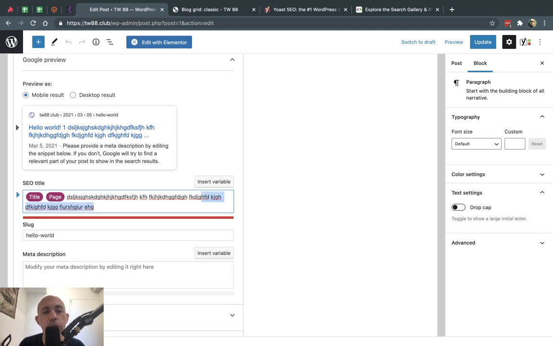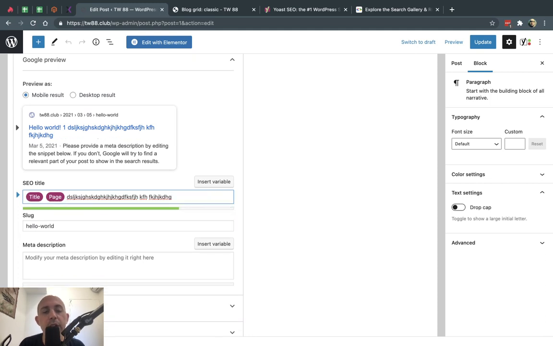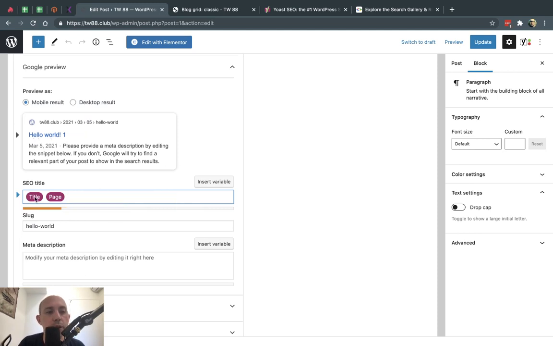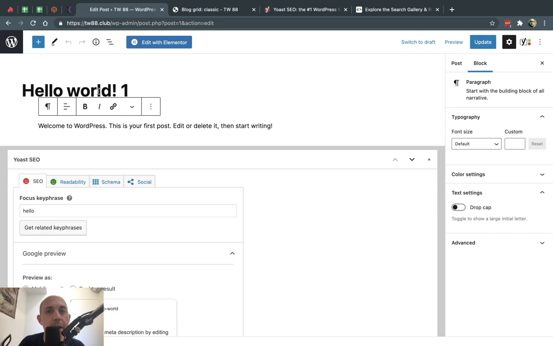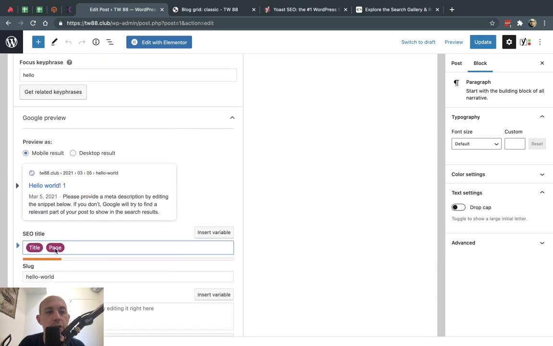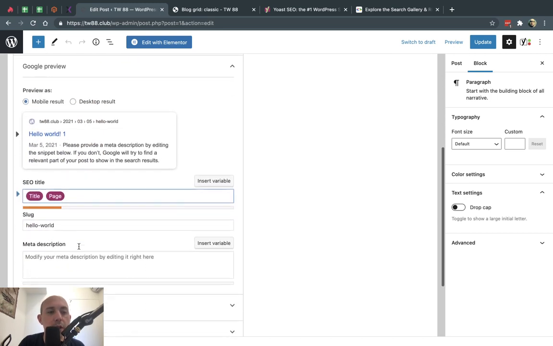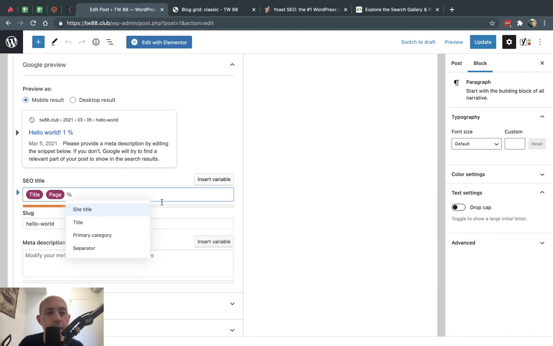So it's trying to recommend to you what's the sweet spot. Now, these are just best practices based on past data. You always want to make sure you describe the page in the best way. So for example, title would be the title of the page, and then page would be the page itself. And then you can insert, obviously, things like, let's see here. Okay, primary category. Okay.